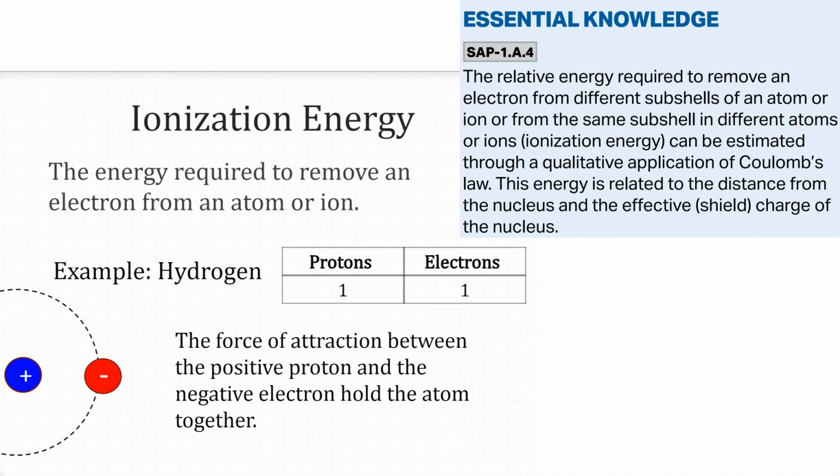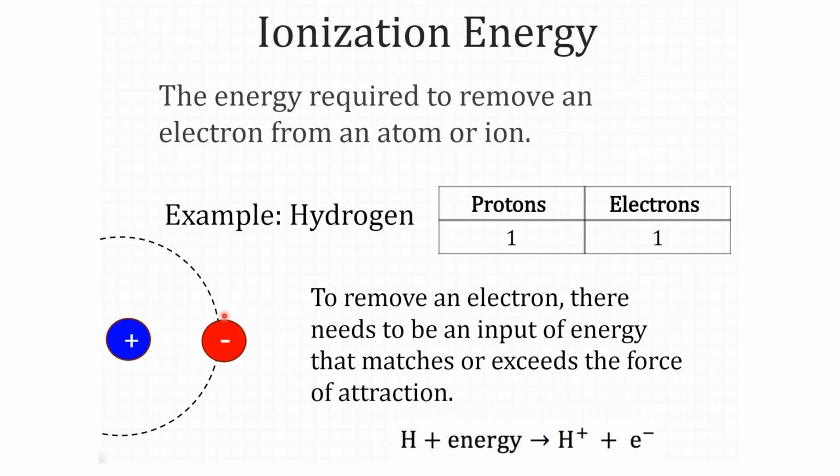Now, if I remove this electron of hydrogen, then the energy which is required to remove it is called the ionization energy. As there is some force of attraction between the proton and the electron, we need a lot of energy to remove this electron, and that is ionization energy. And when we give that energy, we will be left with H positive. It means that one electron has been removed from the hydrogen atom. And this energy is basically the ionization energy.